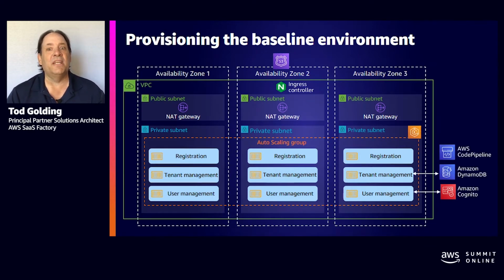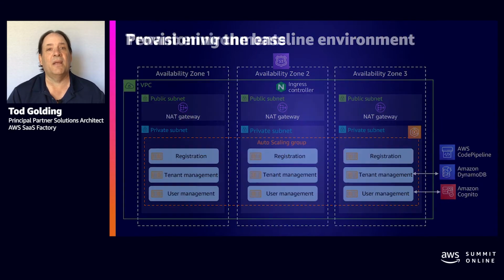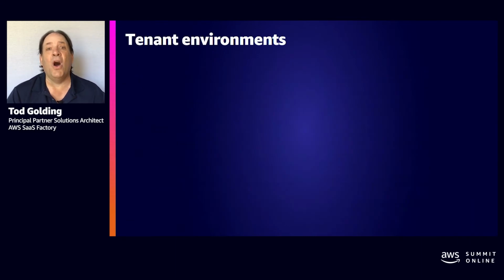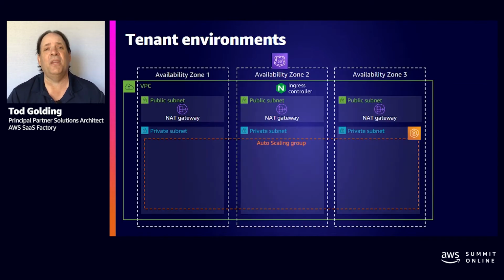And along with this, you'll see that user management is using Cognito to manage the user state. You'll see tenant management is using DynamoDB, and then we've got a code pipeline here as well. The code pipeline will essentially manage a lot of our provisioning and configuration experience. But this is the baseline environment that gets created when you set up the EKS environment. And then as you onboard tenants, we have to look at what gets provisioned when an actual tenant gets introduced into this environment. So here you'll see the same multi-AZ environment, same VPC. This is all the same cluster that we had for our shared services experience, except now as each new tenant comes in, we're actually going to provision infrastructure for that tenant.